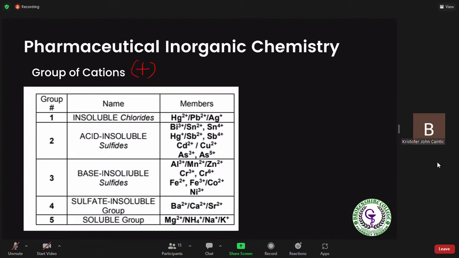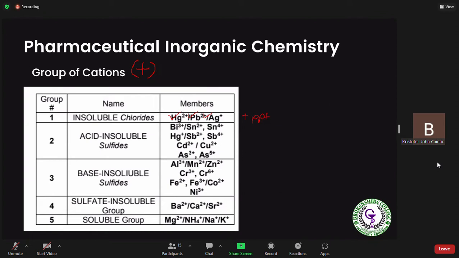For example, your group 1 or insoluble chlorides, such as mercury, lead, and silver, are insoluble in chloride. So take note, they will form a precipitate,